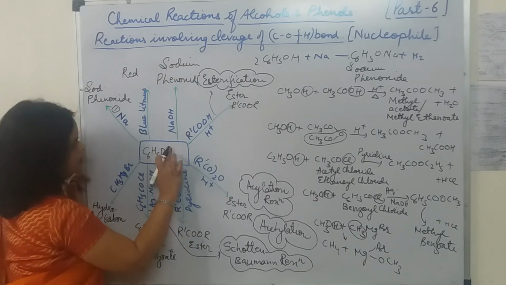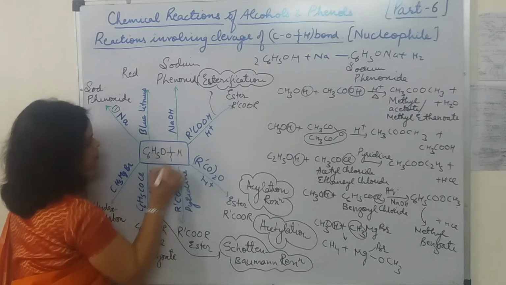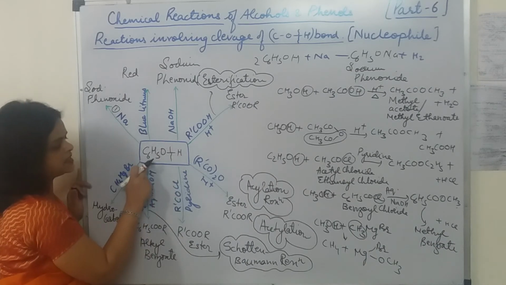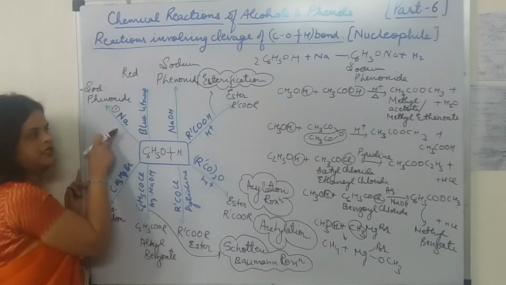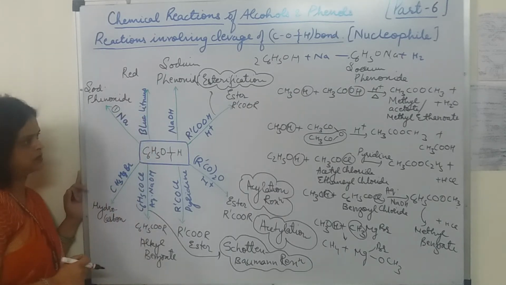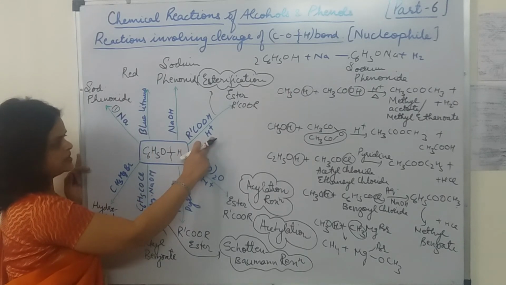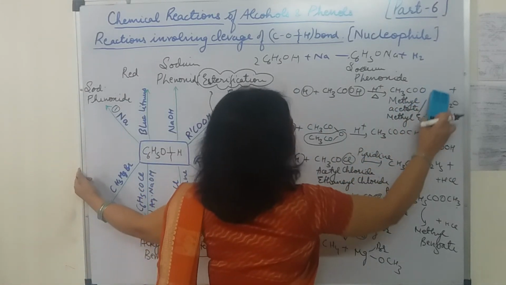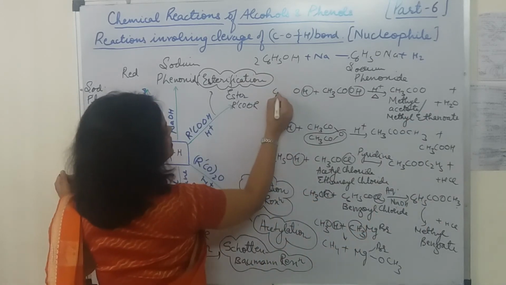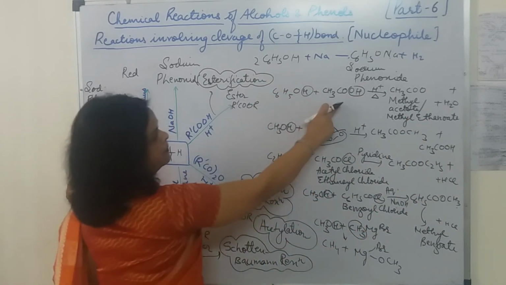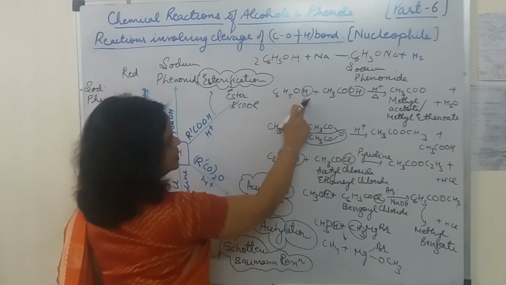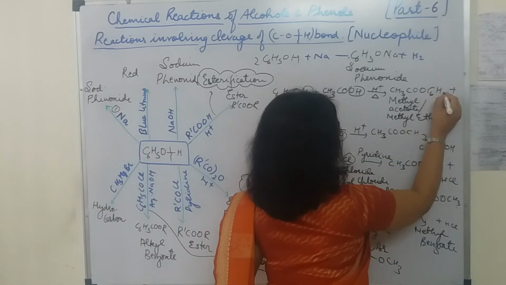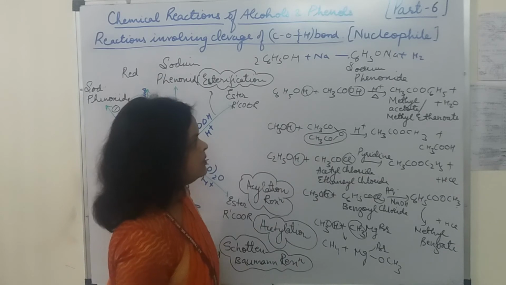As you can say, this H will combine with OH and Na will take its place and we will get C6H5ONa, exactly as it has reacted with Na, and we will get sodium phenoxide. When it combines with carboxylic acid in presence of acid, let's see the reaction. We will make a change over here. This is C6H5OH. When it combines with acid in presence of H plus, the same type of reaction will take place and CH3COOC6H5. Okay, now what is the name of this compound?